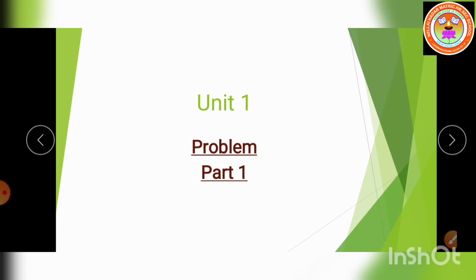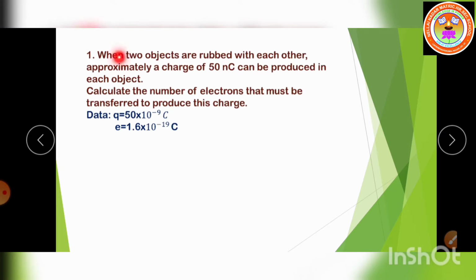Today we are going to discuss Unit 1 problems. First question: when two objects are rubbed with each other, a charge of approximately 50 nanocoulomb can be produced in each object. What is the charge here? 50 nanocoulomb. So in the data we can write Q is equal to 50 into 10 power minus 9